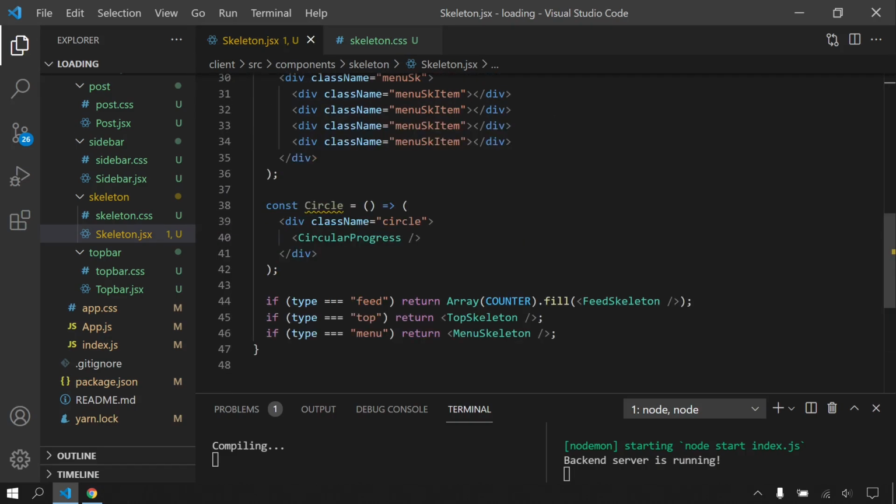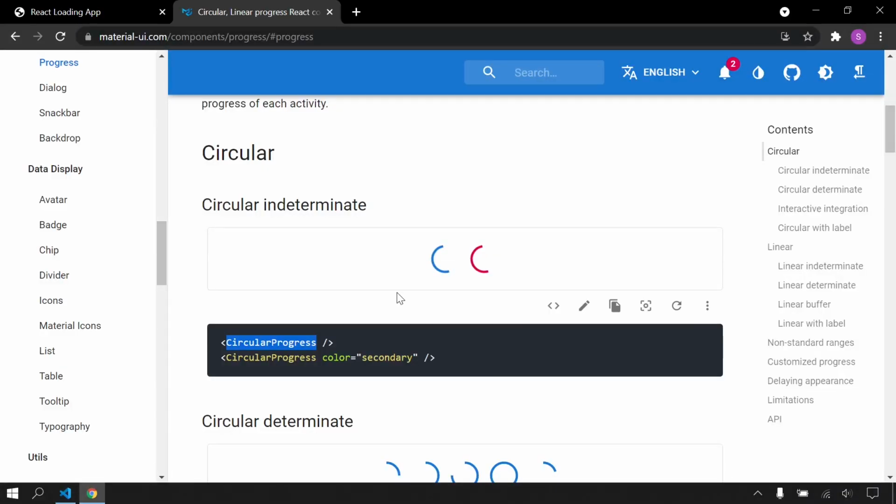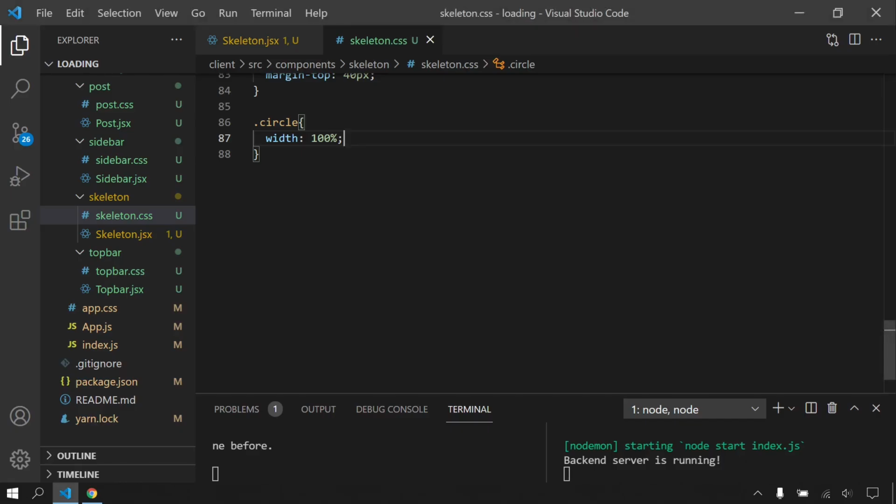So how am I going to center this circular progress? I will copy this, and here in the CSS I will say width 100%, so it contains the whole feed screen here, and I want to center this. So it should be display flex, align items center, justify content center.